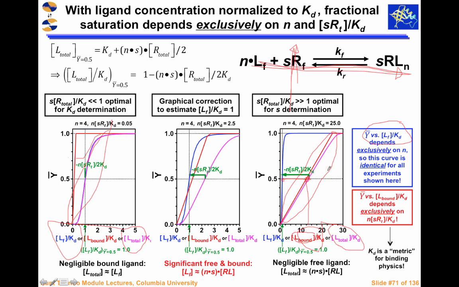The free ligand relationship is always the same, right? This curve is exactly the same as that curve. We've just changed the scale. The bound is now dominating. In this regime of NSRT over KD being very much greater than 1,